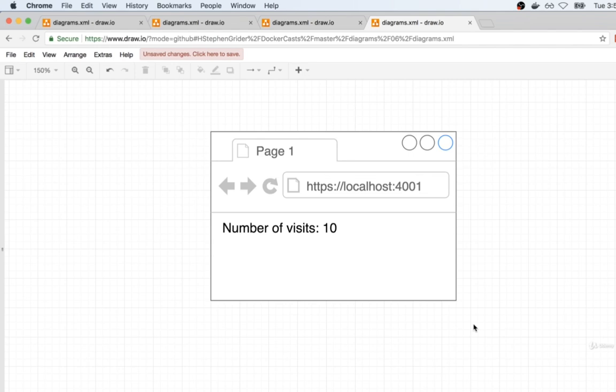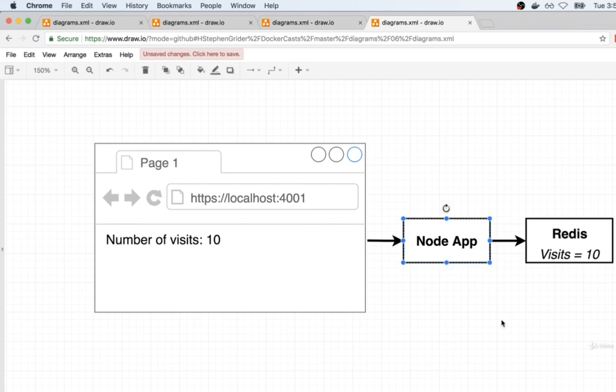Now, in order to build this, we're going to need two separate components. First off, we're going to need some type of web server, something to actually respond to HTTP requests and generate some HTML to show inside the browser. To actually store the number of times that this thing has been visited, we're going to also make use of a little Redis server. Remember, Redis is an in-memory data store. You can essentially think of it as a tiny little database that sits entirely inside of memory. The only purpose of the Redis server is going to be to contain the number of times that the page has been visited. Now, something to be aware of here,